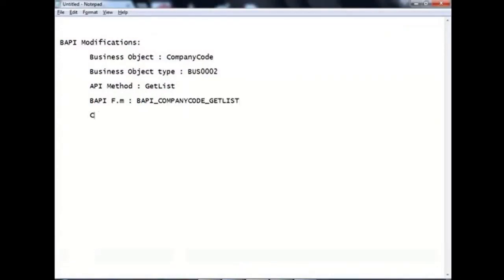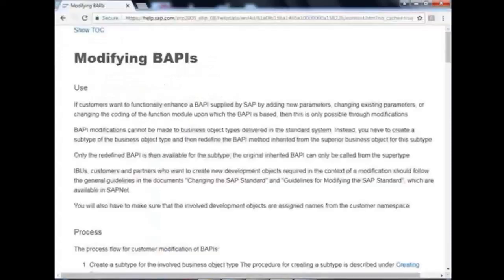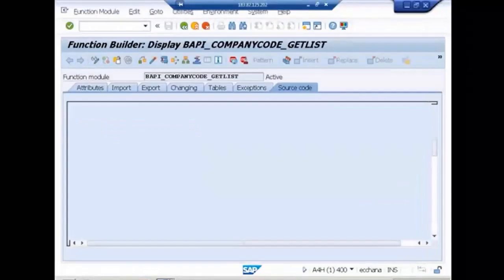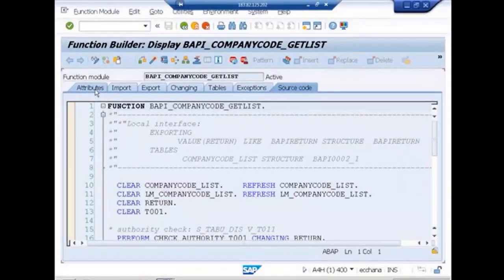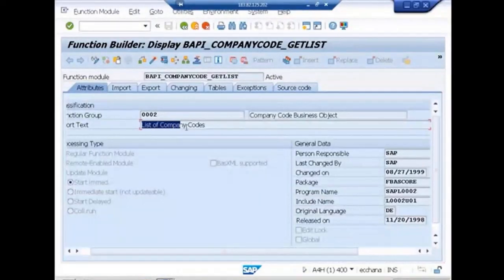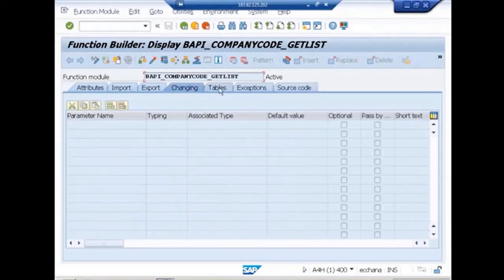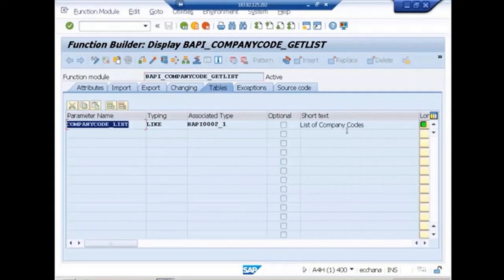Okay. So the current functionality. Let us understand what is the current functionality of this particular BAPI. When I double click on this, it takes control to the function builder. What is it going to do? It is going to return me the list of what? Company codes. It doesn't have any import parameter, it contains an export parameter and an internal table which contains a list of what? Company codes. So when I execute this,